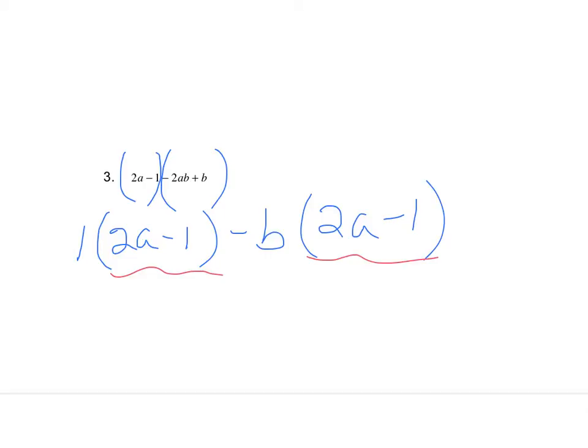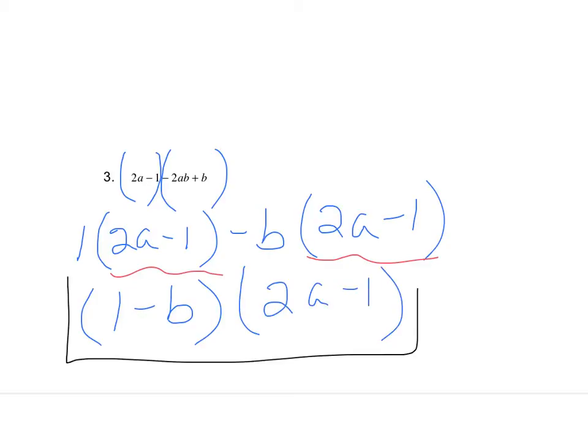So I'm going to put together my GCFs of a 1 and a minus b together and then bring down my 2a minus 1 as my second factor to get my answer. So again, when you can't find a GCF, you can always use 1 because anything divided by 1 is itself. All right,